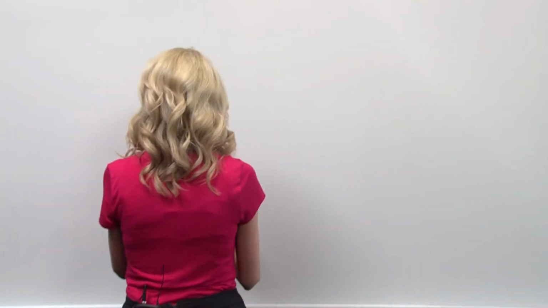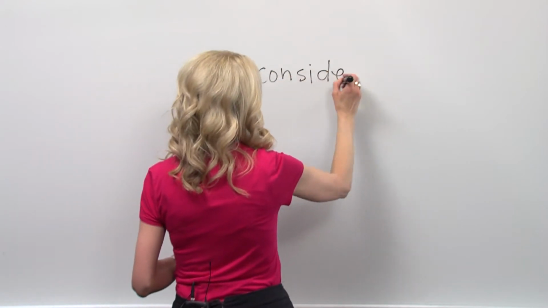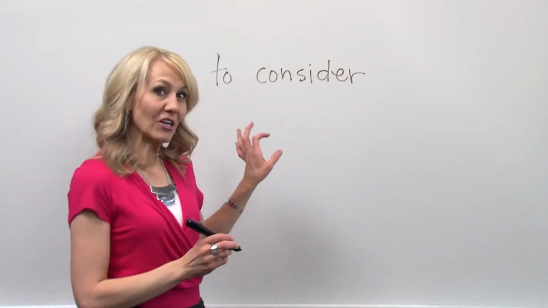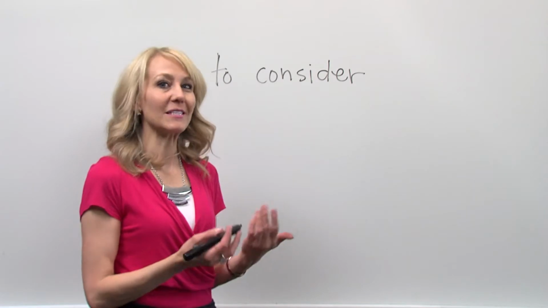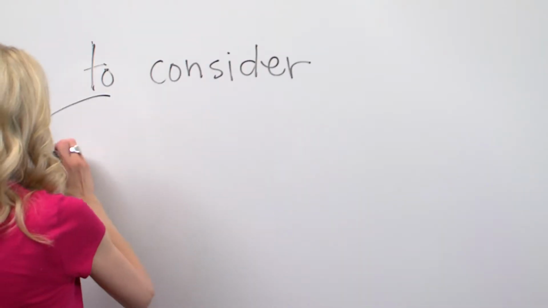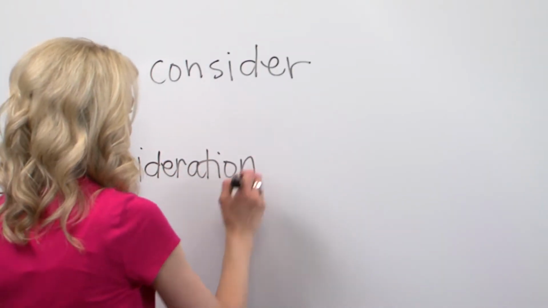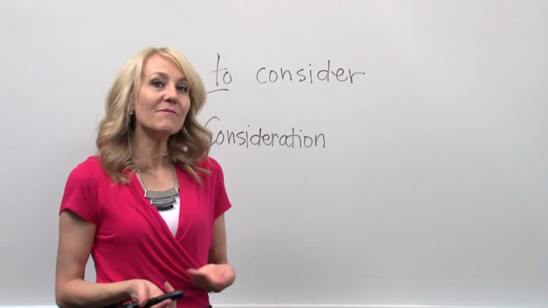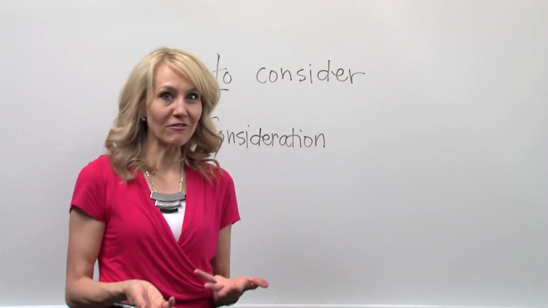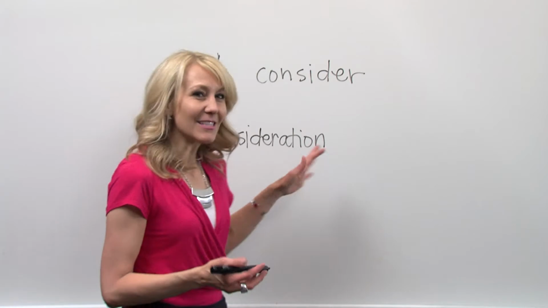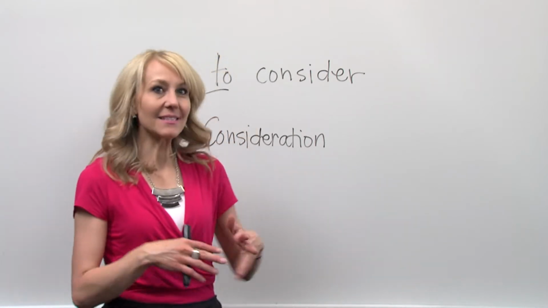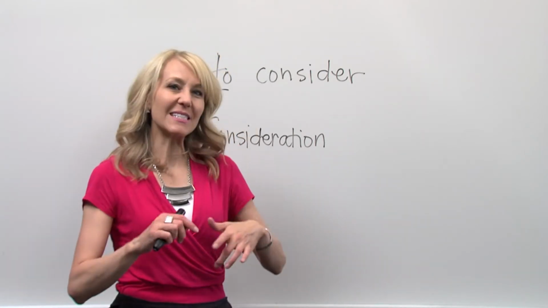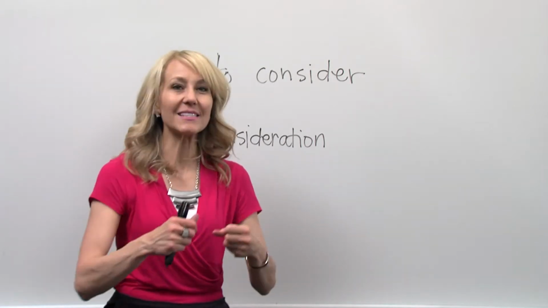A nominalization is when you take a verb and you make it into a noun. Let me give you an example. So here's the verb to consider, and we're going to make it into a noun. So now I've made a noun, consideration, out of my verb to consider. And it's not a person, it's not a place, it's sort of a thing, right? But it's not a very clear thing, and it's certainly not a thing.